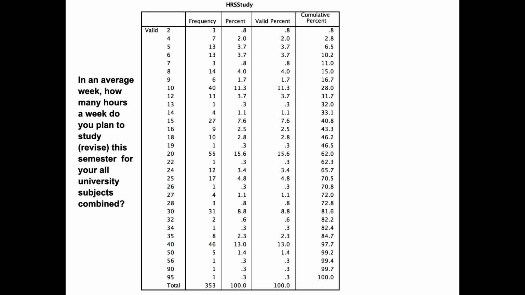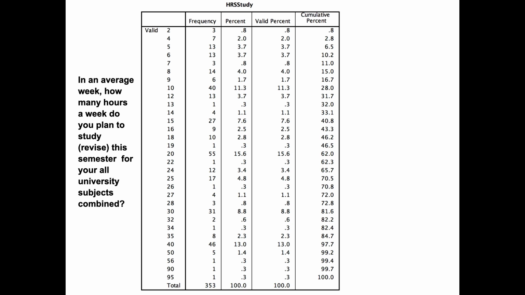What you can see in the second column is our frequency count for each of the different answers, the percent, the valid percent, the cumulative percent. So what you can see is that we had one person who said that the total number of hours a week they planned to study as a full-time student was 2. And then we had somebody else who was all the way up at the top there and said 95. So you have all these different answers in terms of how many hours a week people plan to study for